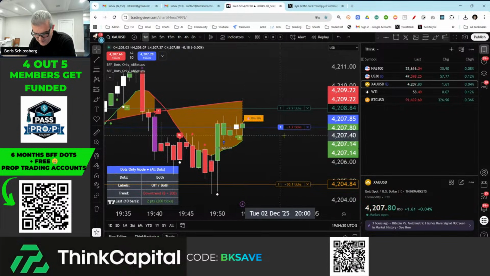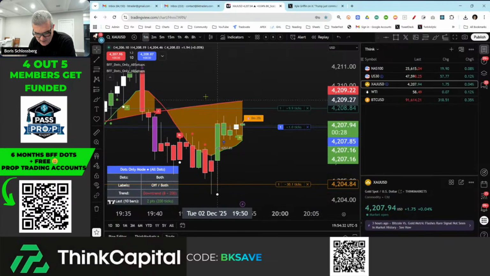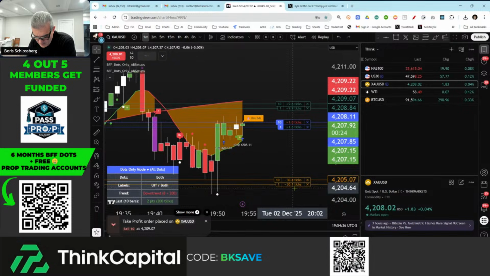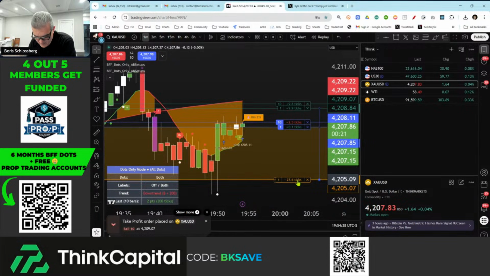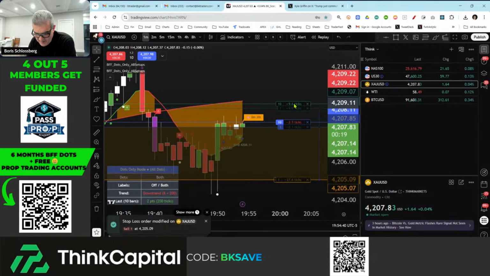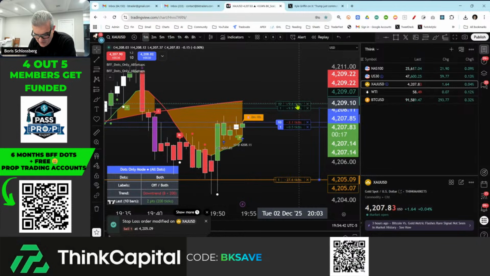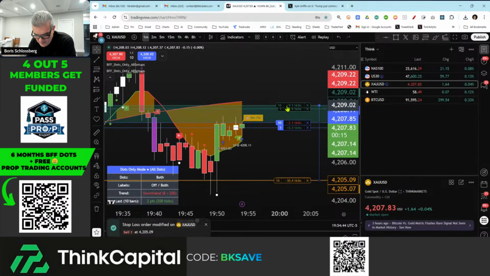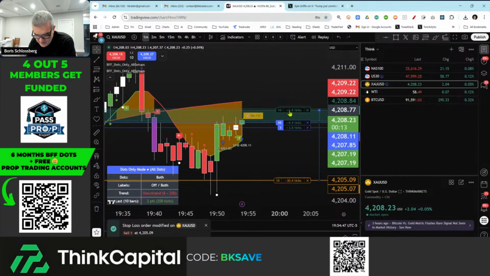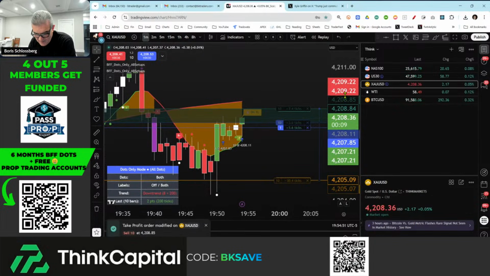Gold actually gave us a buy signal here, which I'm going to go long on. Let's see if this works. The only other thing about Think is, remember, they don't marry their trades. So if you want to organize their trades, you kind of have to just simply put the stops and targets one on top of the other in order for them to get done.